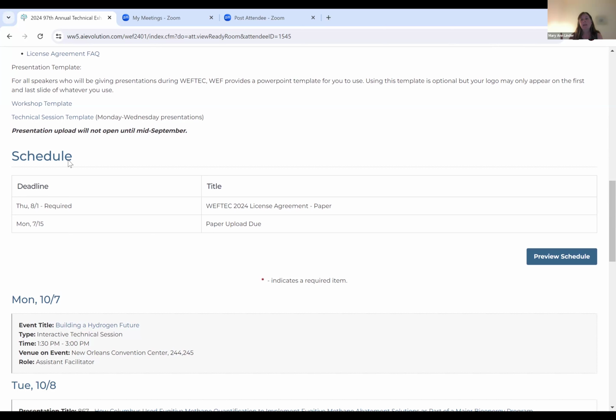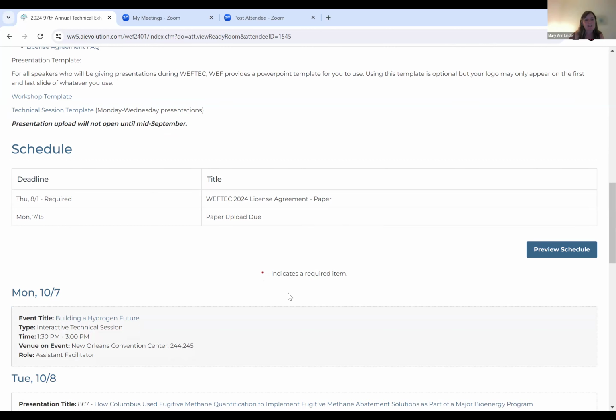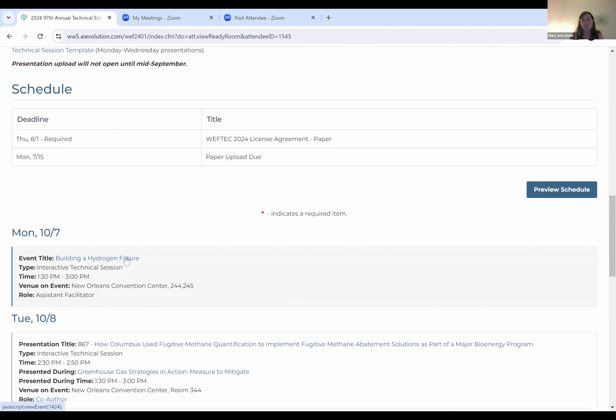Once we activate the presentation upload, that will appear right here as a giant button in the middle. It'll say upload presentation or something like that. It'll be right there. So to find out information on your session, you click on the title of it. Expand this. Tells you what type of session it is,